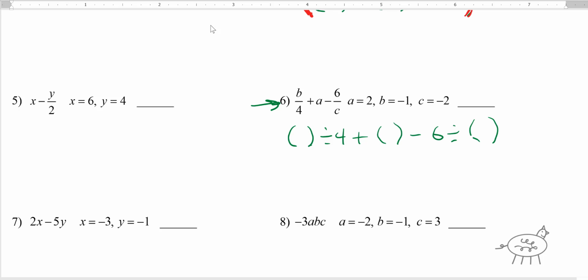Whenever you see a variable, you put a parenthesis. So this is going to be negative 1, and it's going to be plus A, so 2, and C is negative 2, so negative 2. If you type that all in your calculator just like that, you will get